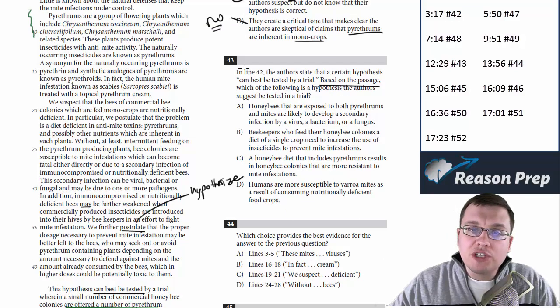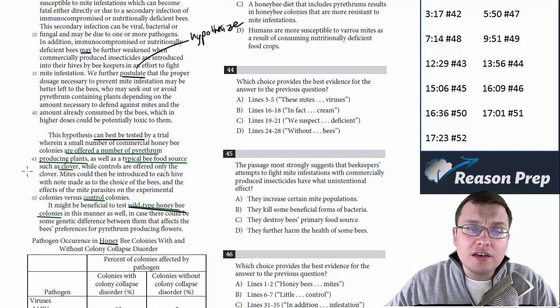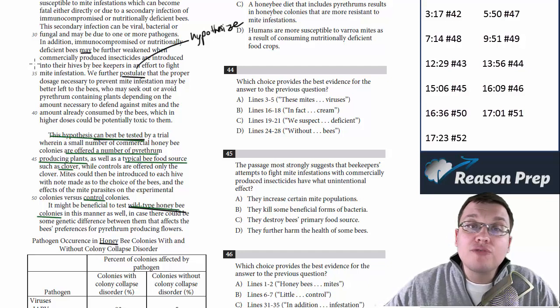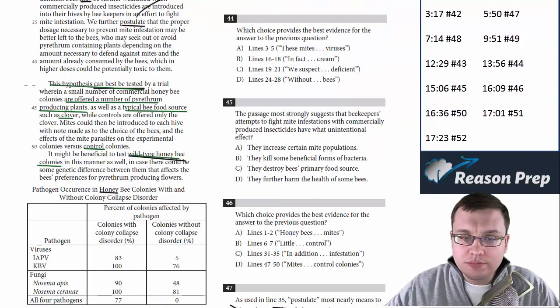What do we know in this question? In line 42, the authors state that a certain hypothesis can best be tested by a trial. Based on the passage, which of the following is a hypothesis the author suggests be tested in a trial? So we saw this earlier. The idea is, right, this is the hypothesis. And the hypothesis is whether the pyrethrum-containing plants are necessary in the diets of these bees to prevent them from mite infestations. Okay, so